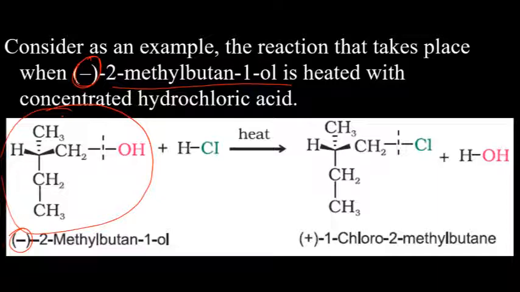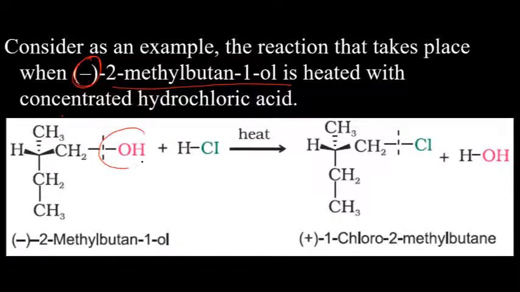Now you will not be given only the structure and asked whether it is dextro or levo. That is something beyond NCERT, and that's something we talk about in case of JEE or NEET. There are different ways to find out based on the structure whether it will be levo or dextro, whether it will rotate the light towards left or right, but not in CBSE. So here the name will be given that it is levo. It will rotate the light towards left.